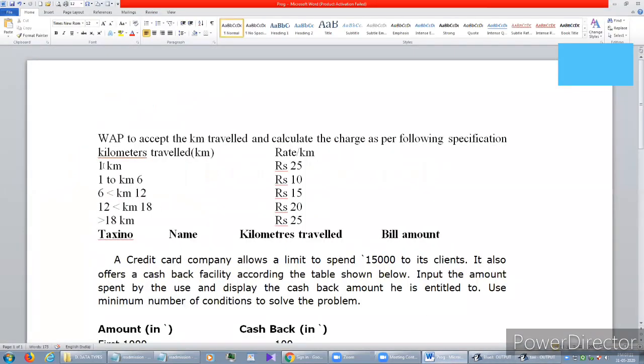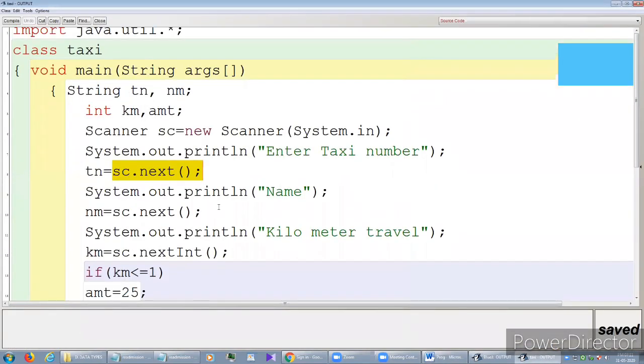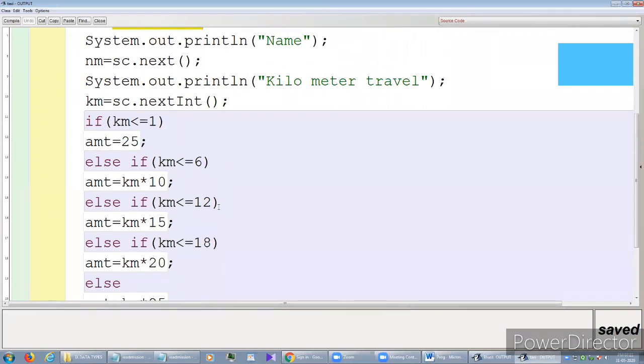Now again I explain this: the condition is 1 kilometer 25 rupees, then 1 to 6 kilometers, these things we put here. If you concentrate on the next part, you can see that if km less than or equal to 1, very simple, amount is 25, no doubt about this.